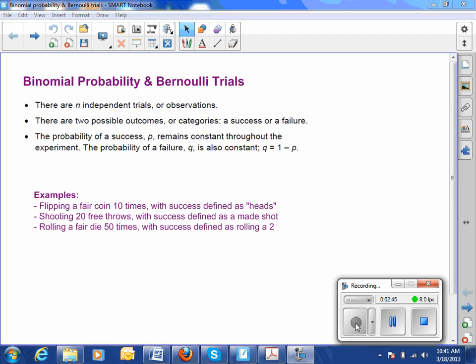All right, so I've got some examples here. We talked about rolling a die or flipping a coin. You might think of shooting free throws. You can use your own opinion about whether those events are really independent of one another, because personally, by the time I'm at the 20th free throw, my arm's getting tired and the probability of me hitting it is probably close to 0. So 20 free throws would not be independent events for me, but they might be for somebody who plays a lot of basketball and shoots a lot of free throws.